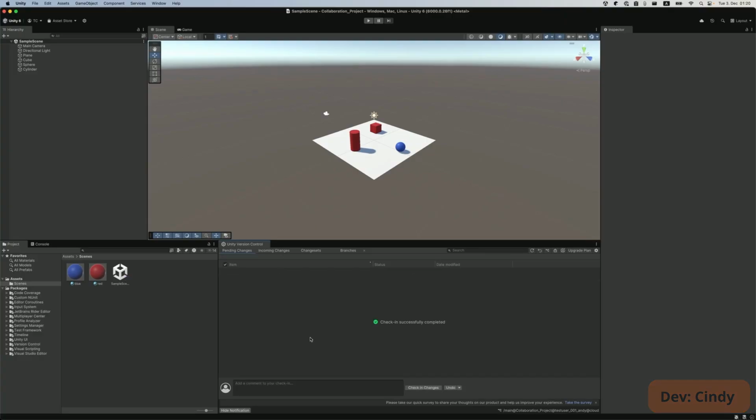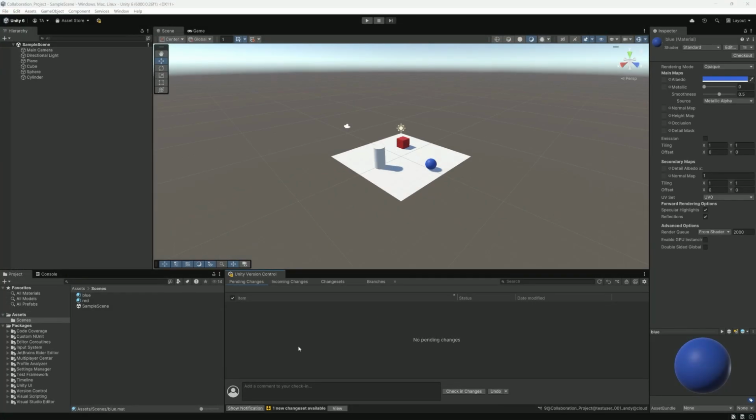And switch to Andy's machine. So here we are back on Andy's machine, and let's again simulate the scenario where Andy made some changes in the meantime without realizing that there was some change from Cindy, or maybe Cindy's change came after Andy's change. Obviously, Andy's change is to give the cylinder a different color, this time blue. When I now save the scene,